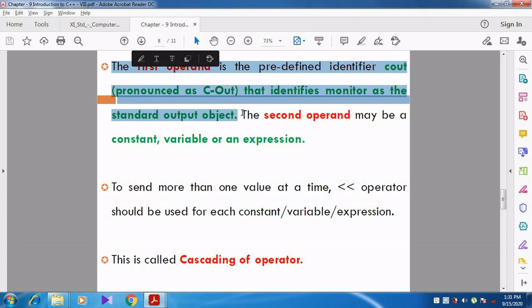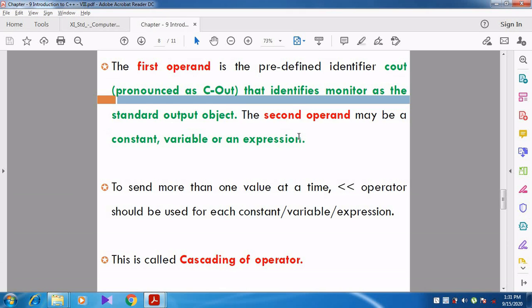Then what about the second operand? The second operand may be a constant, a variable or an expression. Whenever we are printing, we print a value. Sometimes we print a variable, sometimes an expression. So in Cout A, A is a variable. Sometimes A may be a constant value.